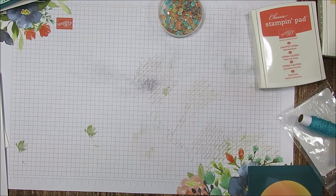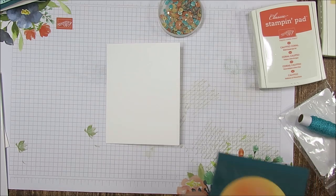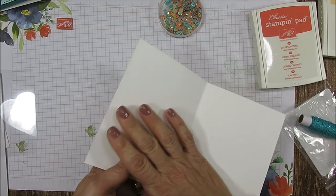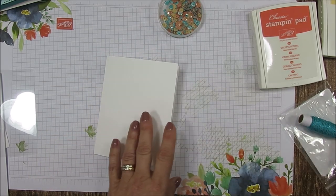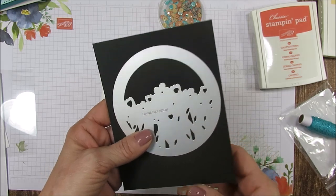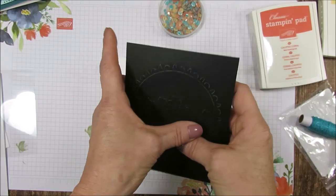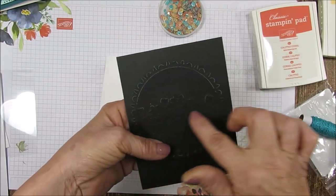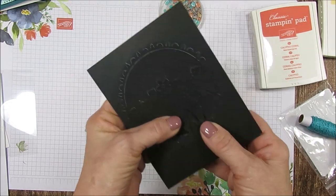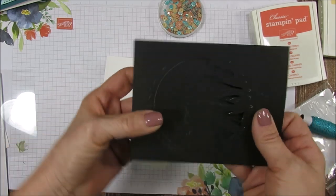So let's start with the sponging, and I am using Heavy Whisper White cardstock because I don't want the color to show in the back. So first tip here, when you die cut your silhouette, your circle, I learned after doing so many, don't pull from the top, pull from the bottom. Keep your hand on all the detail here. Keep your hand there and just wiggle a bit, and that's going to make a big difference when you're going to peel up your